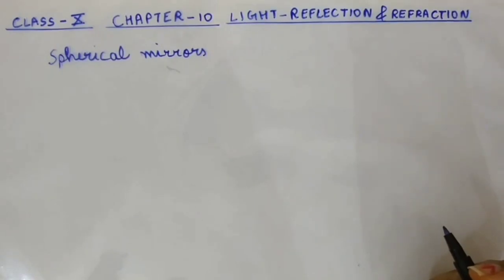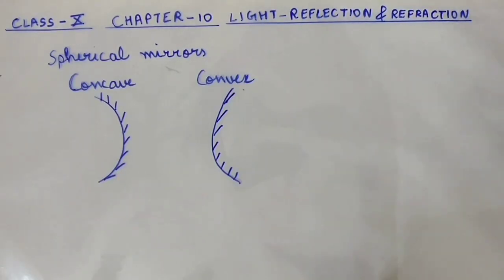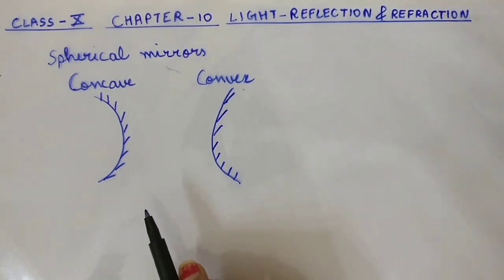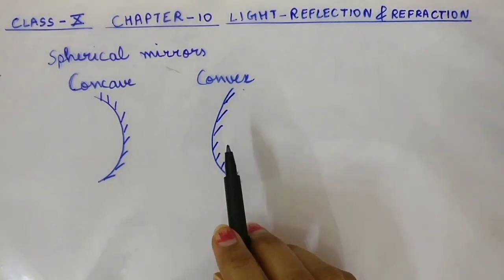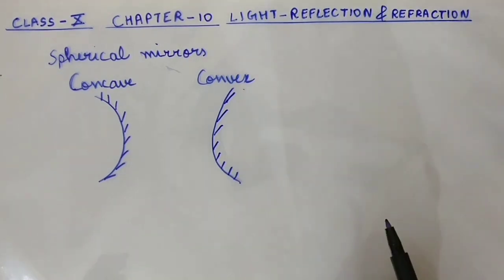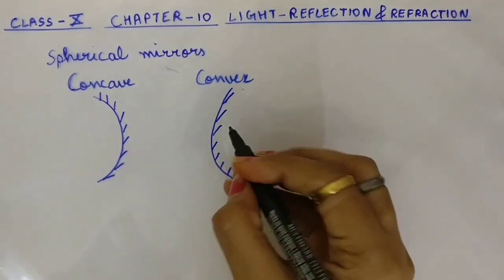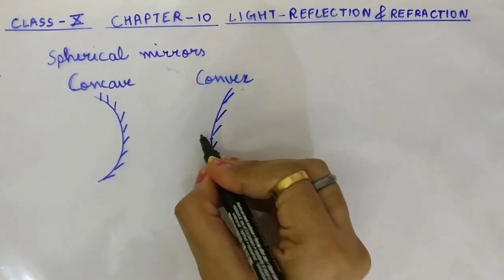You must have studied about plane mirror and its characteristics in your previous classes, but in this video we will study types of spherical mirrors. It can be curved inwards or outwards. Generally there are two types of spherical mirrors: concave, whose reflecting surface is curved inwards, and convex, whose reflecting surface is curved outwards. Okay. So when we talk about spherical mirrors, there are certain terms we need to study. Center point of this mirror is called pole.